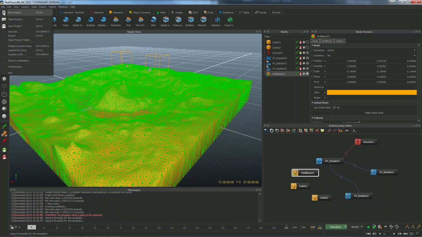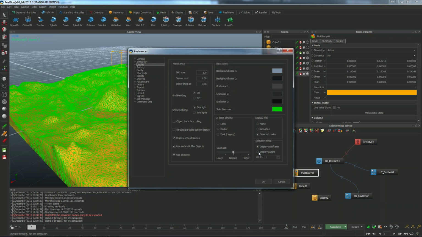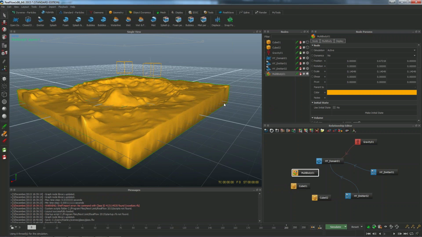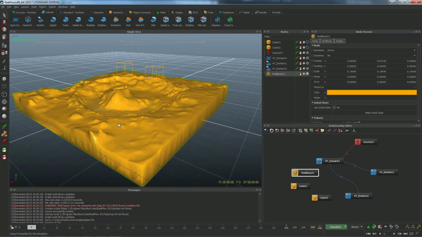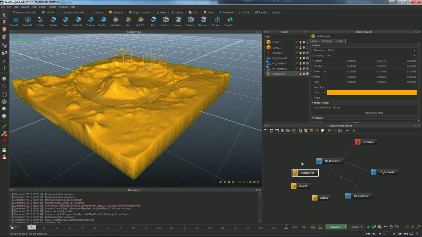So I'm going to go to the preferences, display, and here we have display outline. Okay, and now we have outlined selected geometries or emitters or whatever you want, or meshes. Okay, it's the same. So I'm going to connect the multibody with the hybrid domain,